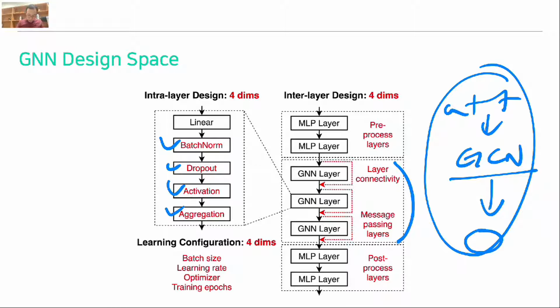For example, we can pre-process the input attribute. Instead of directly using the feature vector, we can utilize multiple MLP layers, and we reduce the dimensionality before we aggregate